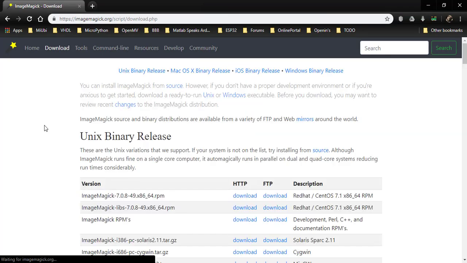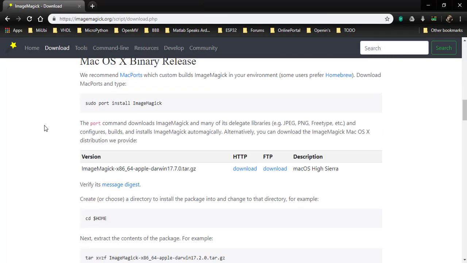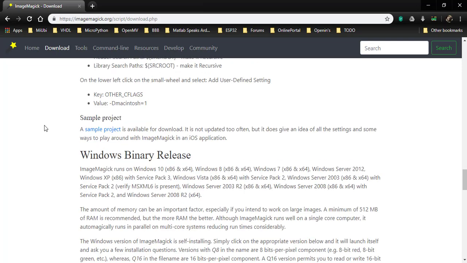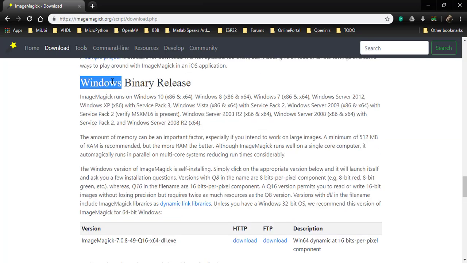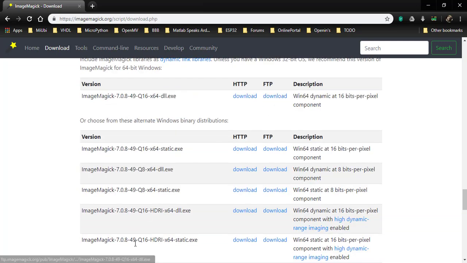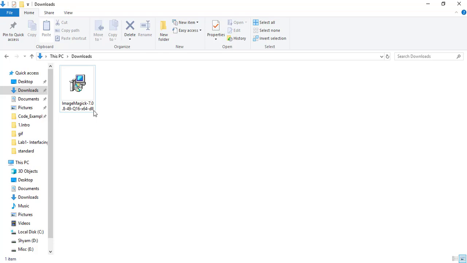Let me download that. You go to the Windows section. You have it for iOS and other operating systems also. This is the one for the Windows binary release. Download it from here. I've already downloaded one, so let me install mine.